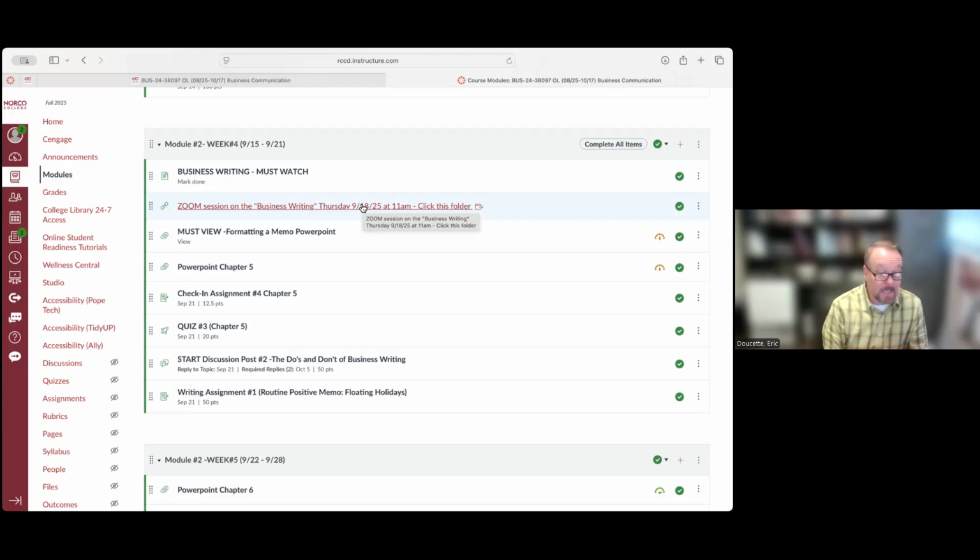So anyway, the main thing here, though, is that you format it like a memo and that you utilize what we call text design to improve readability. So make sure you note that. I believe it's in this chapter that you're going to be looking at that. But nonetheless, I'll cover it all in the business writing Zoom session, and I already covered it in the business writing video that's right here.